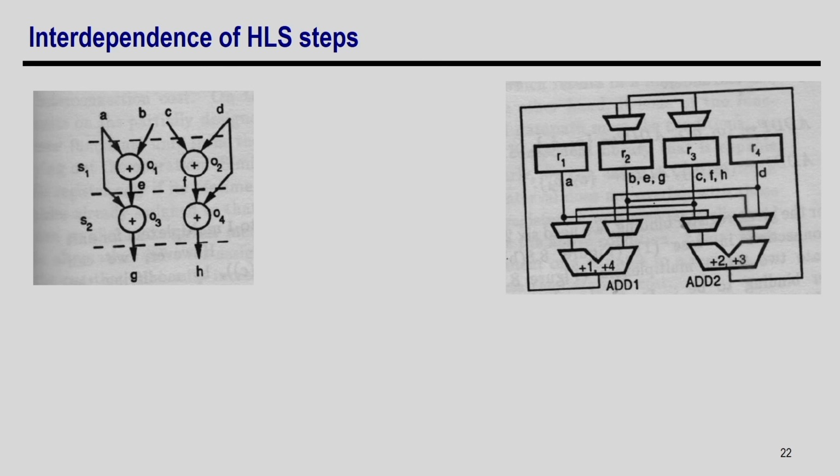So, before concluding this discussion, I will also bring one more important aspect here, that these high level synthesis steps are interdependent, right. What does it mean? You can understand that the kind of allocation binding that is going to happen is based on the schedule. So, if you have a different schedule, the lifetime of the variables will be different, and hence the register sharing will be different, right. Similarly, if your schedule is different, then the FU conflict will be different, and hence the FU binding will be different.